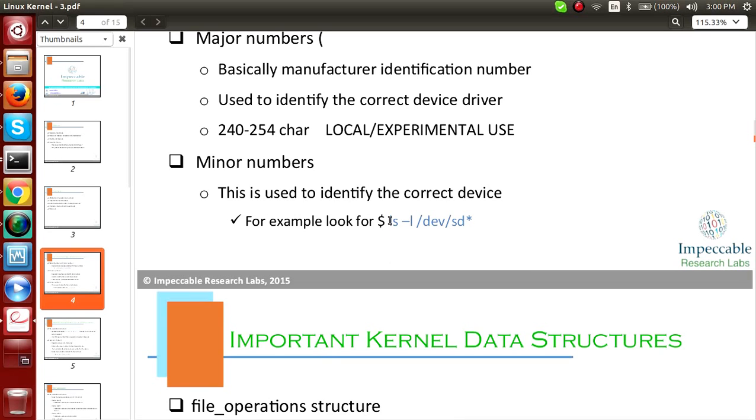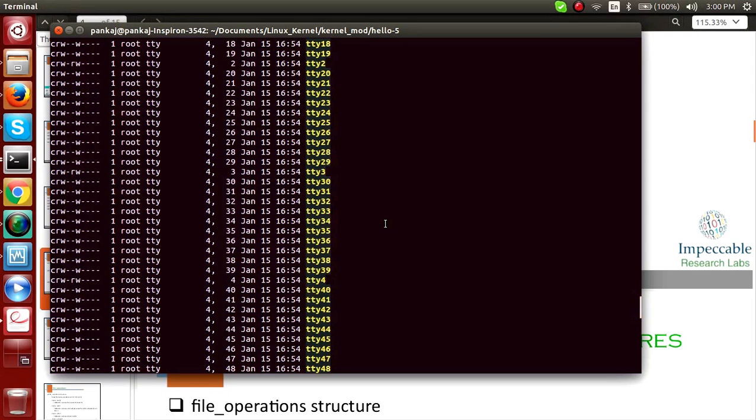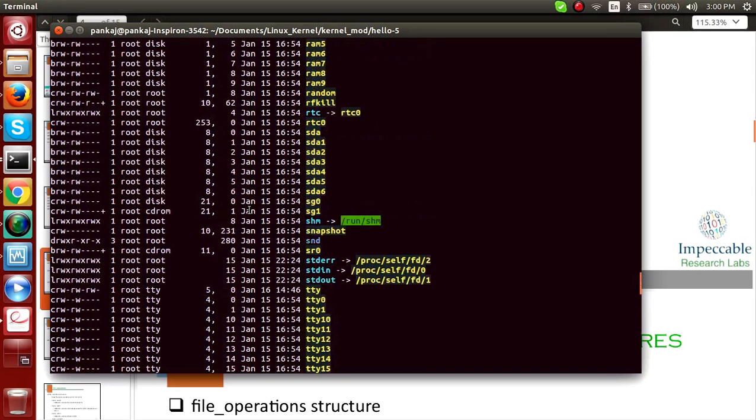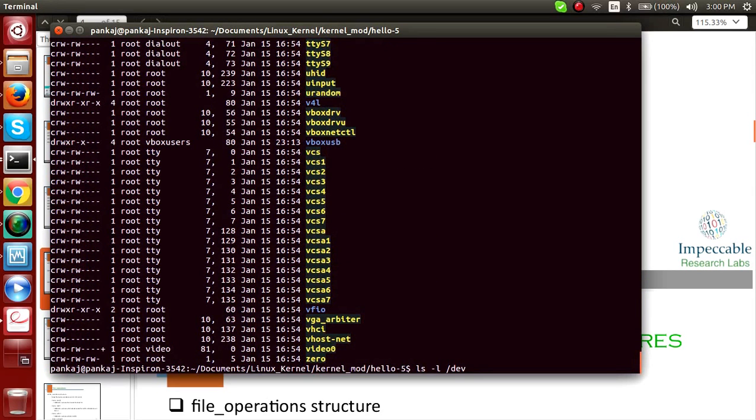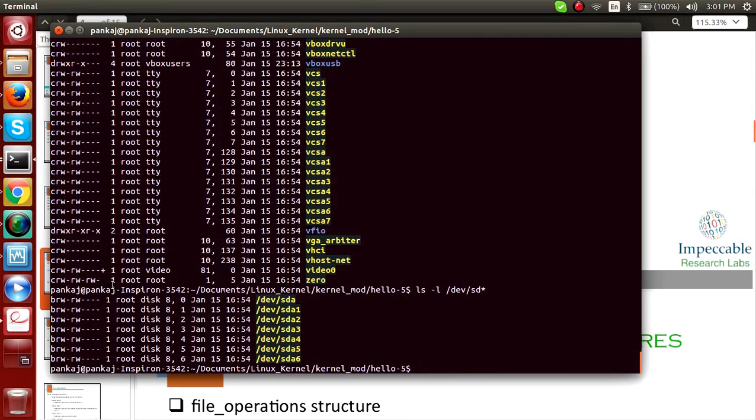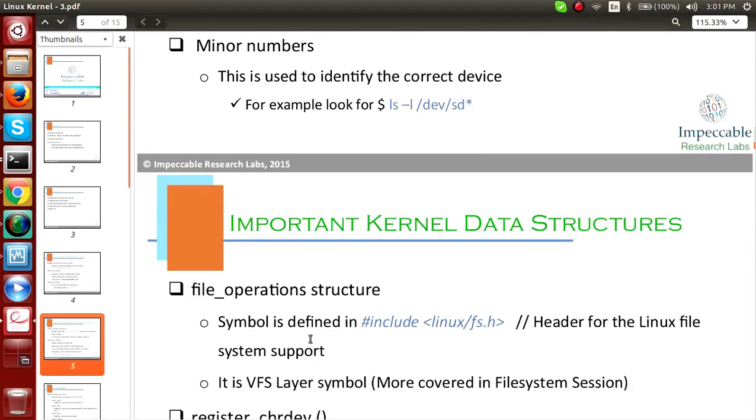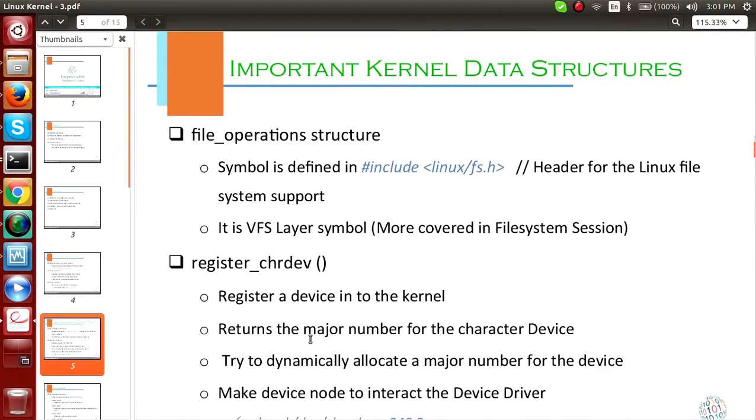Same thing with SD: all the block devices of our hard drive have major number 8 and different minor numbers for each partition. The reason any device is represented as a file is basically the Unix way of showcasing everything as a file.